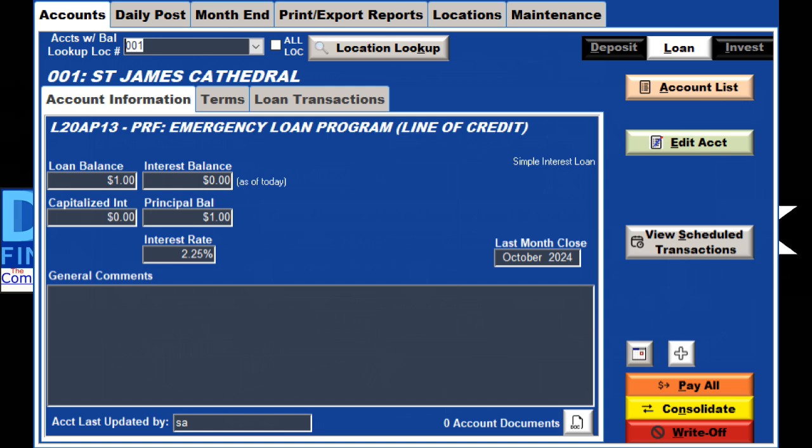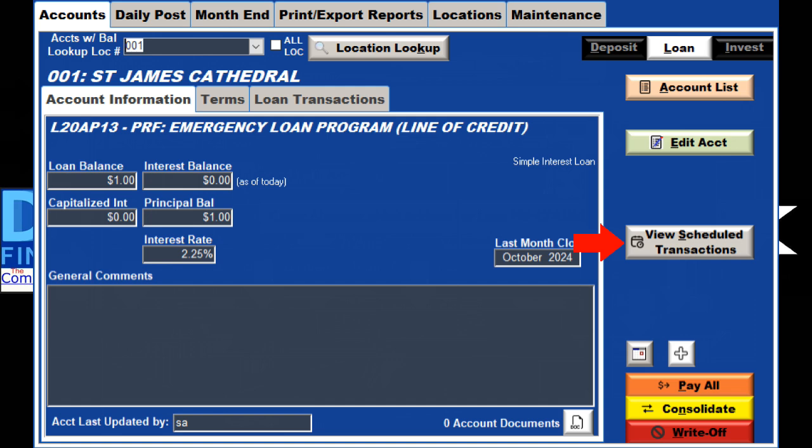Because loan accounts can have scheduled transactions, you may see the View Scheduled Transactions button on the form if you have the Docs module, and if this account has any scheduled transactions assigned to it. If there are currently no scheduled transactions for this account, if you look down to the row of small transaction buttons, you will see the Add Scheduled Transaction button on the left of the plus button. When you click on it, you will go directly to the Add Scheduled Transaction form to enter a new scheduled transaction. Otherwise, if this View Scheduled Transaction button is lit,